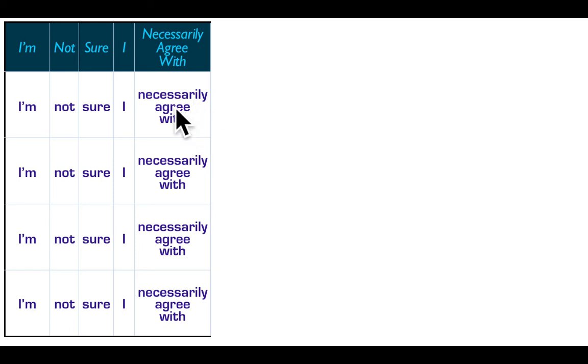Necessarily agree with. This word can be quite deceptive. In other words, it tricks students sometimes in its pronunciation. And I have a very simple way of helping you to pronounce this. Imagine that there are 3 people living inside this word. A girl called Nessa, a girl called Sarah, and a guy called Lee. Nessa, Sarah, Lee. Necessarily. So I advise students who find this a bit of a mouthful to practice first this section, "I'm not